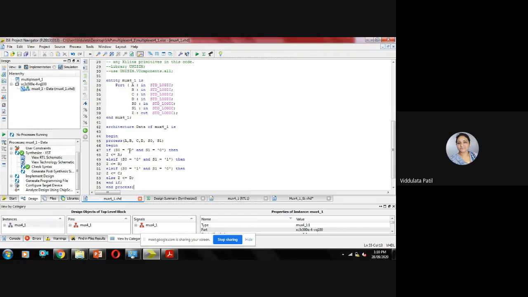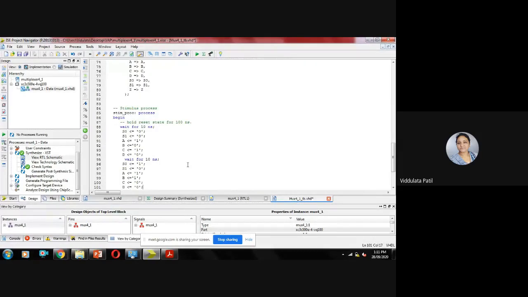Whenever S0 is equal to 0 and S1 is equal to 0, whatever value of A is available will be available at Z. म्हणजे A ची जी काही व्हॅल्यू असेल ती Z ला मिळेल. जेव्हा S0 0 आहे, S1 1 आहे, तेव्हा B ची व्हॅल्यू Z ला मिळणार आहे. S0 1 आहे, S1 0 आहे, तेव्हा C ची व्हॅल्यू Z ला मिळणार आहे. आणि उरलेल्या केसमध्ये म्हणजेच S0 1 आहे आणि S1 पण 1 आहे, तेव्हा D ची व्हॅल्यू Z ला असणार आहे. ठीक आहे. So now in this case tell me what your output is.